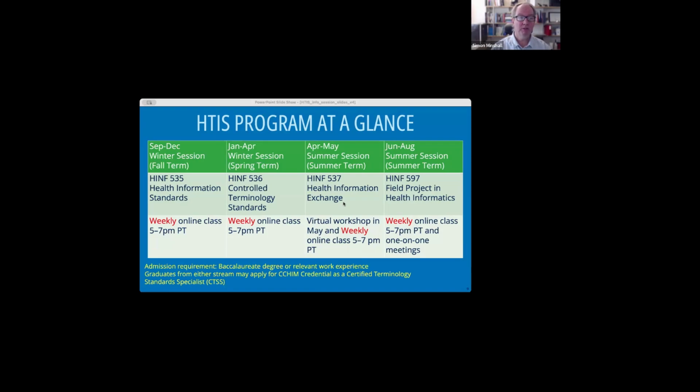So I'll mention just a little bit about the admission requirement. We have two streams. I don't have any slides for this. One covers the graduate stream, where you are expected to have a baccalaureate degree, like a BSc recognized by UVic's Faculty of Graduate Studies to get in, or potentially relevant work experience. But the restrictions for the graduate stream are such that the work experience is required to be 15 years in length or more. So to overcome that and to shorten the work experience time, we also have a professional stream